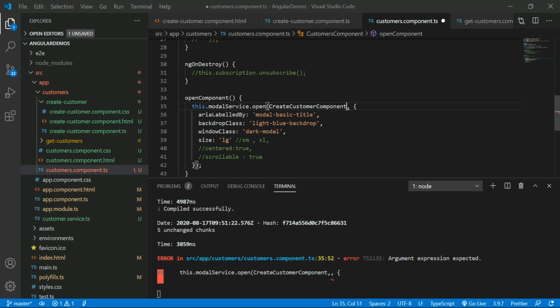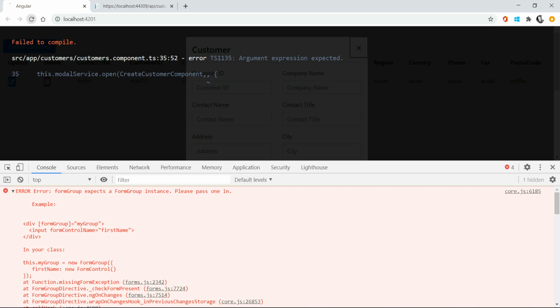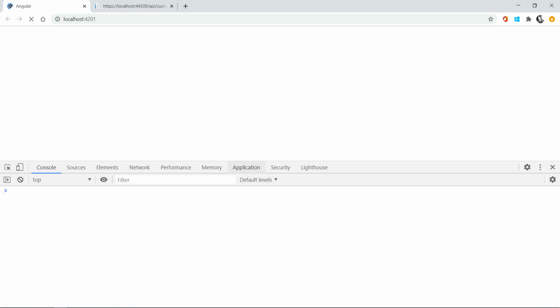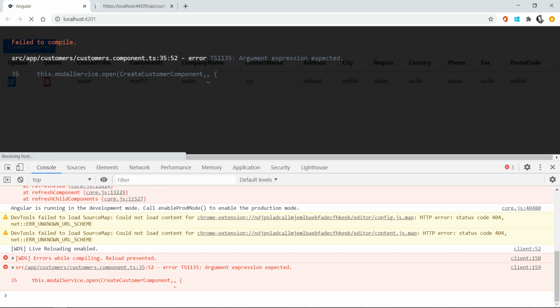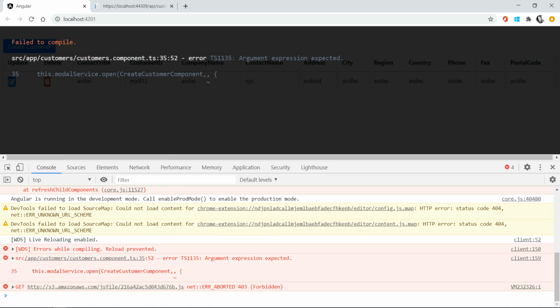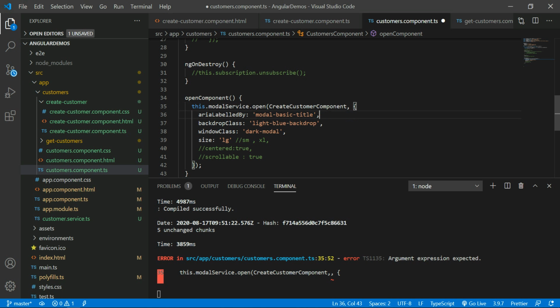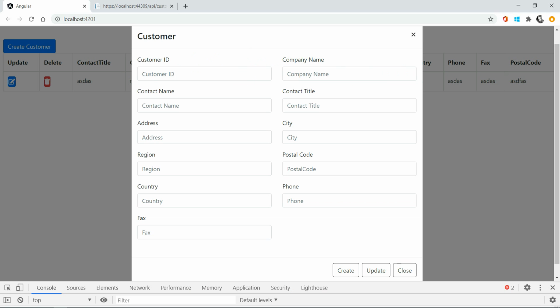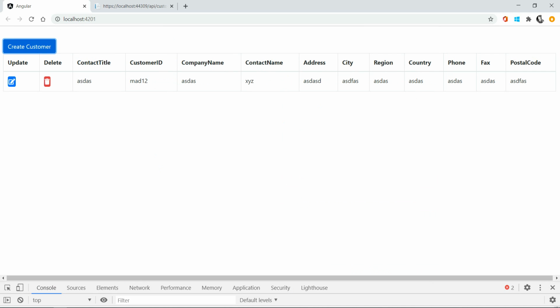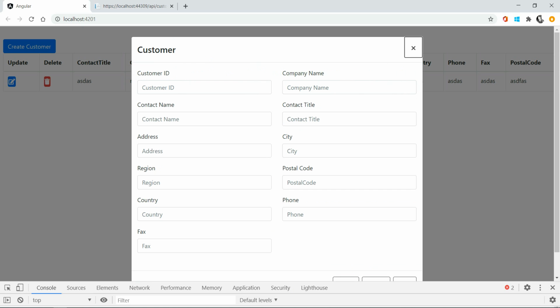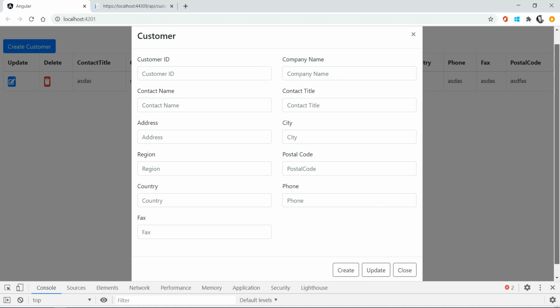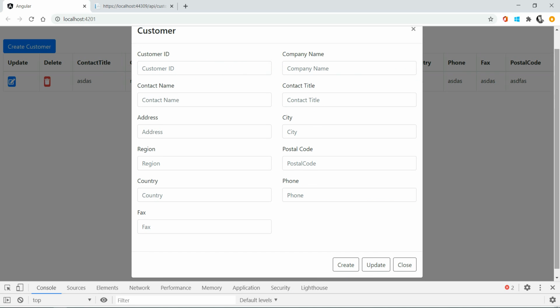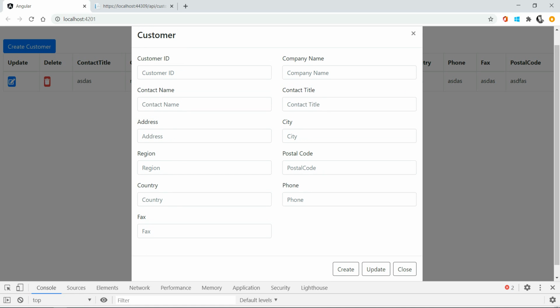So here is the exception. Now go again to the modal pop-up and refresh. Okay, now we can see the modal pop-up. It is better than the previous modal pop-up.